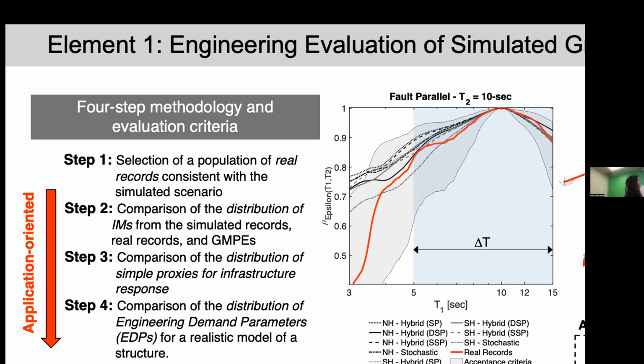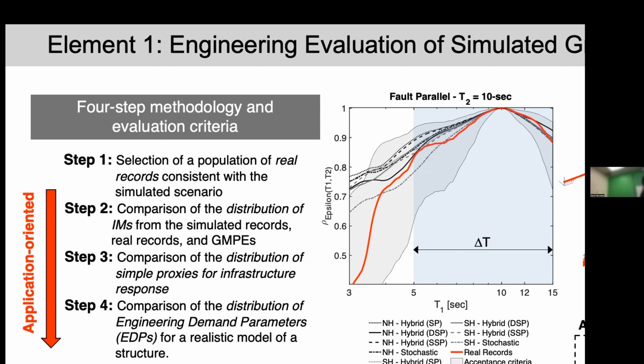And this shaded area represents the boundaries of this acceptance criteria. So really the idea behind this criteria is to provide some objective basis for evaluating these motions. And this should be interpreted as something that we need to utilize as a function of the application. So in other words, in this case, we were really just interested in the potential contribution of a higher mode to the structural response of the bridge, a long span bridge, a long period structure. And so that's something we looked at closely.